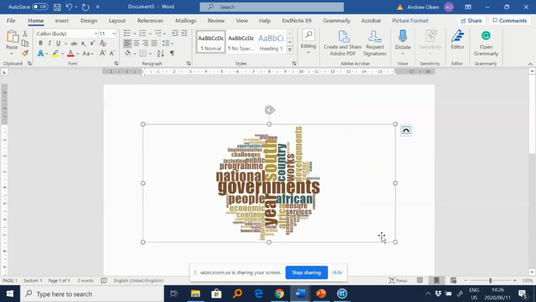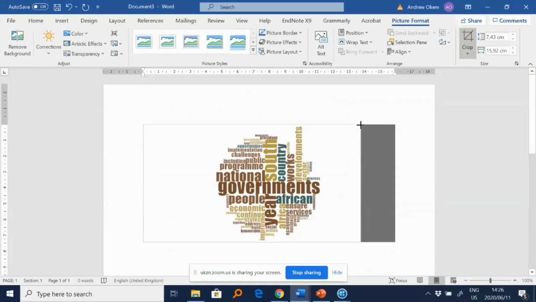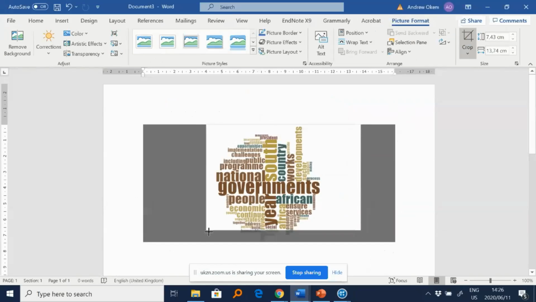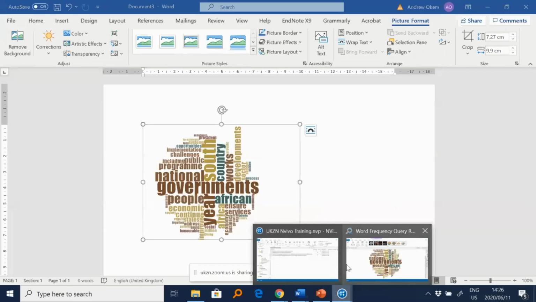And you paste it, and it becomes part of what you could include in your thesis or in your journal paper, depending on whatever you do. So now I have this here. I can use it in my thesis or in my manuscript.